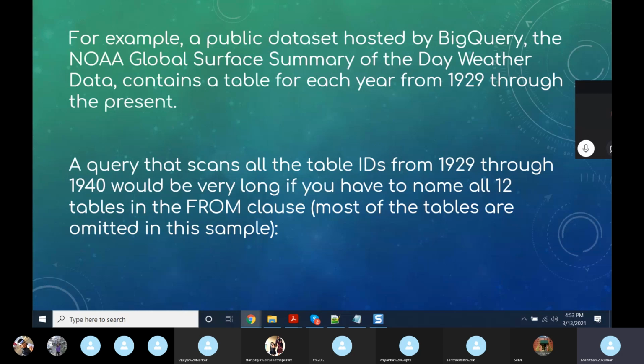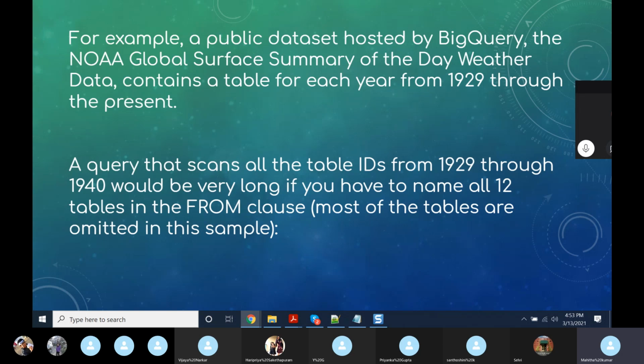There's a public dataset in BigQuery, as Deepika showed already, the NOAA. They have weather data from 1929, each and every day. The query is getting, for 12 years, the maximum temperature, and we are also converting it into Celsius.